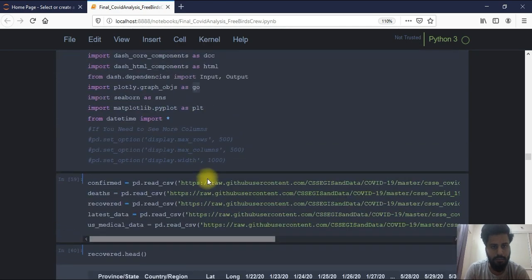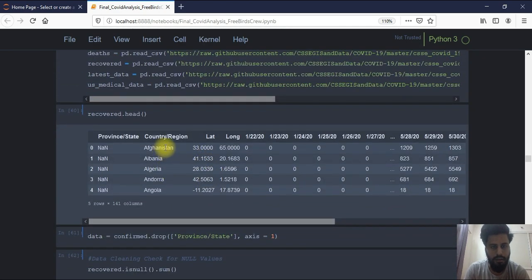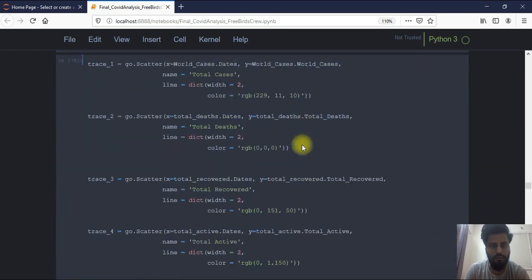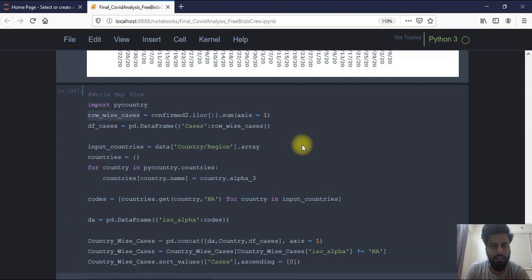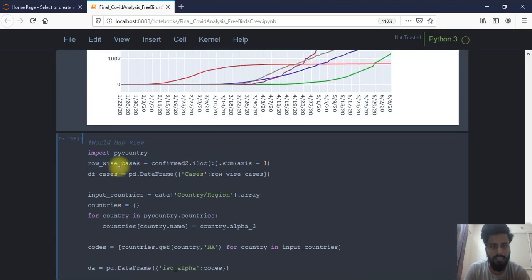As you can see here, here are the countries and this is the cases. So row wise, I can get the cases of Afghanistan in total number and Albania in total number. Like I can get the cases Afghanistan, and these all cases are sum up and give me the output. So for this I used this trick to get the row wise cases, and then I can just simply put it in a data frame df cases.